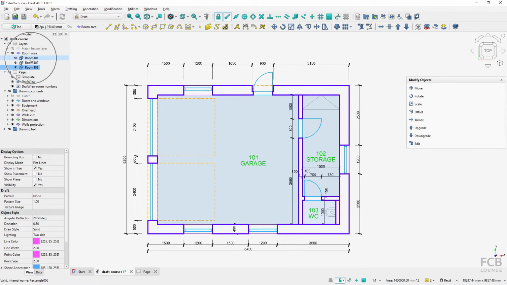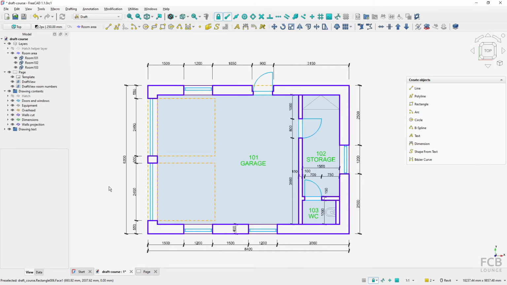The names are quite important so that I can set which one is which. So these are the kind of helper objects,